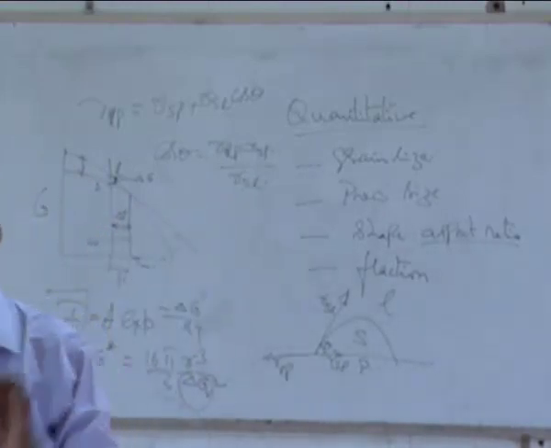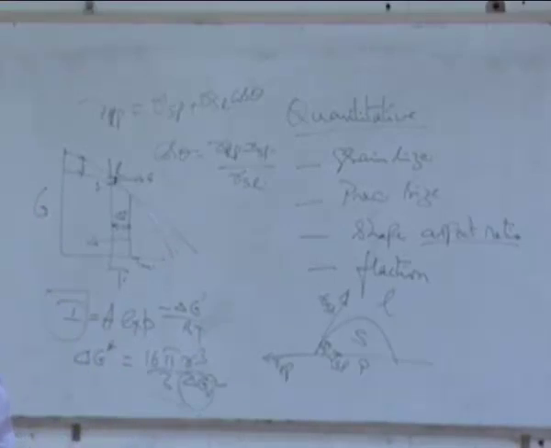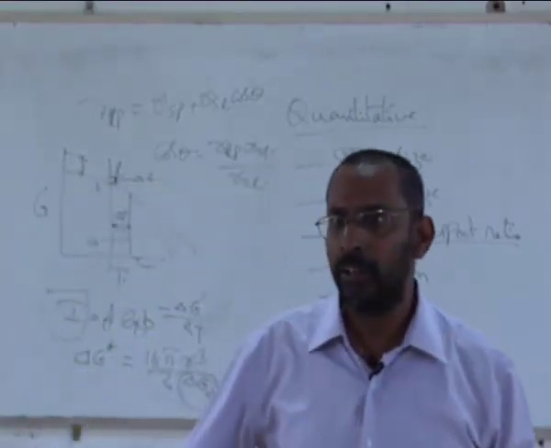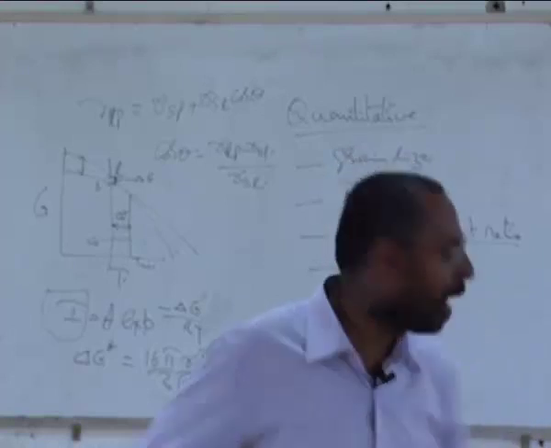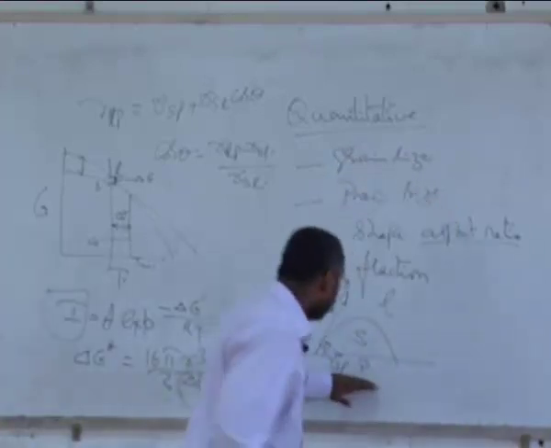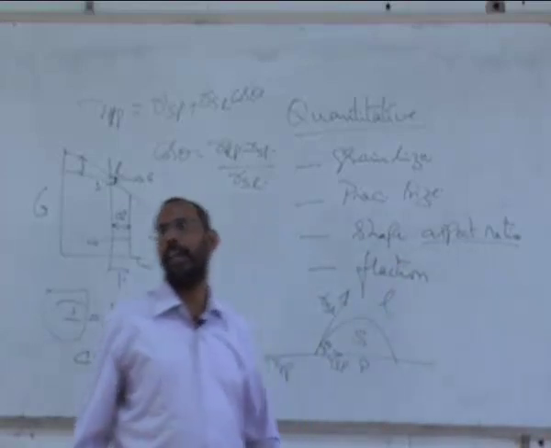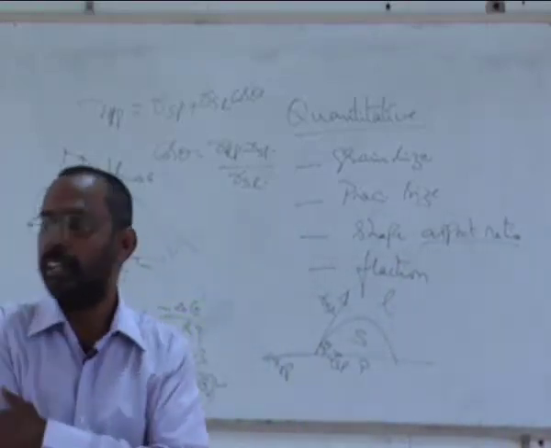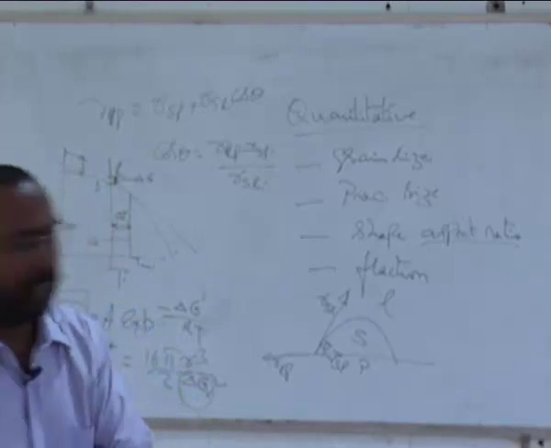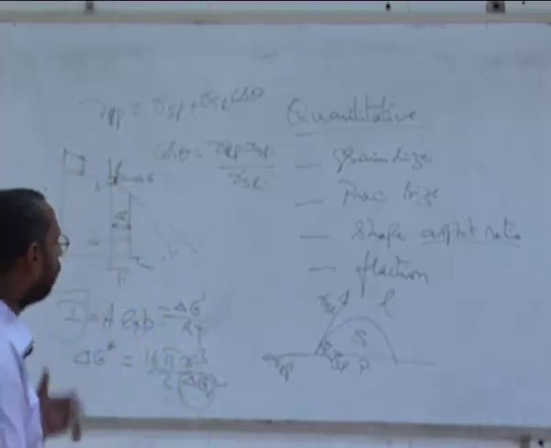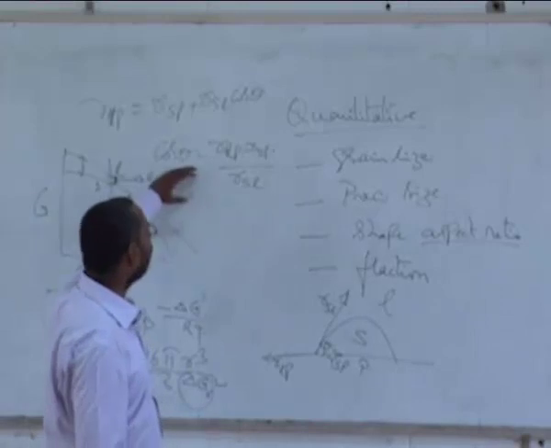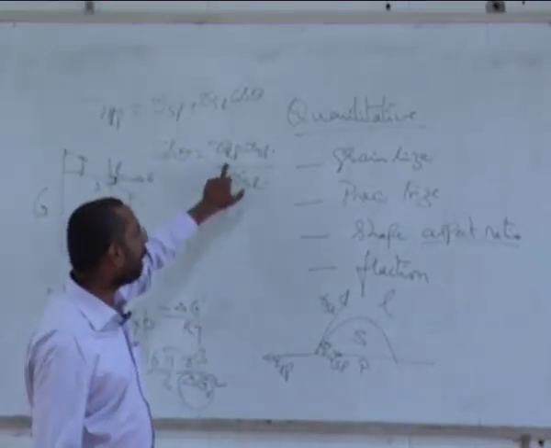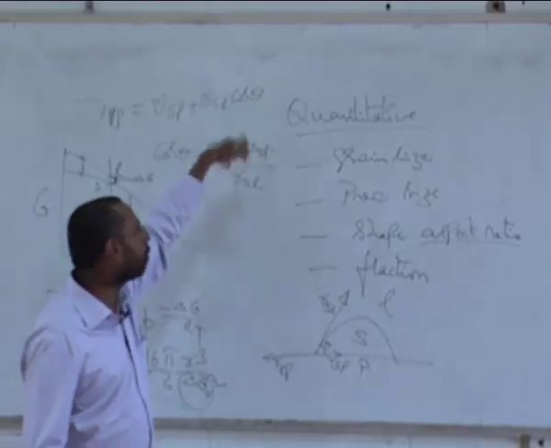It tells you if you want the theta to be smaller, you want the cos theta to be larger. Good wetting means what? If a particle has to be a good wetting with the liquid so that nucleation can take place, I will tell you the physical meaning of it a little later. What you need is a larger cos theta. When do you get a larger cos theta? Either gamma LP has to increase or gamma SP has to be lower.